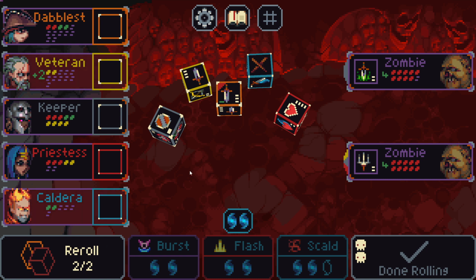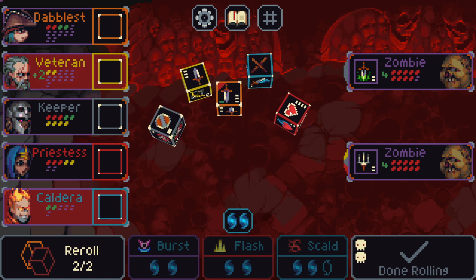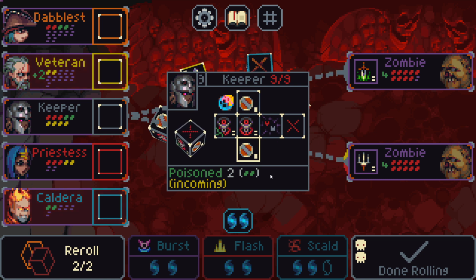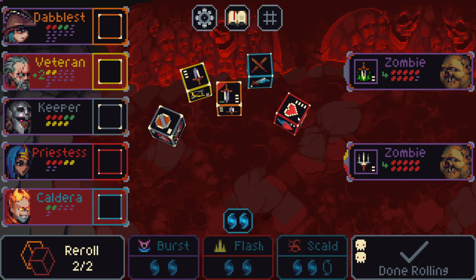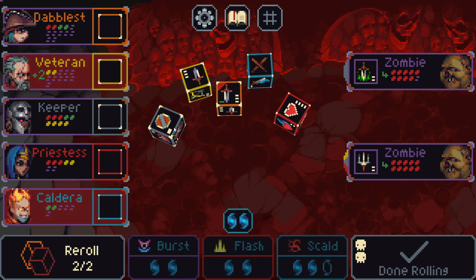I can't save both of these people this turn, can I? Because no matter how much I heal, they are both dying to poison, and I only have one way to cure poison, which is on you. The keeper would have to roll this. I guess I'll re-roll hoping for cleanse here, since any of these will save the caldera. Keeper needs to roll for that, and I'm going to try to roll...